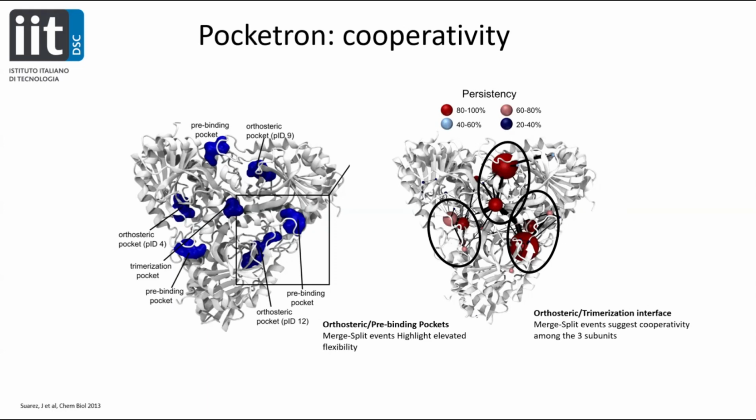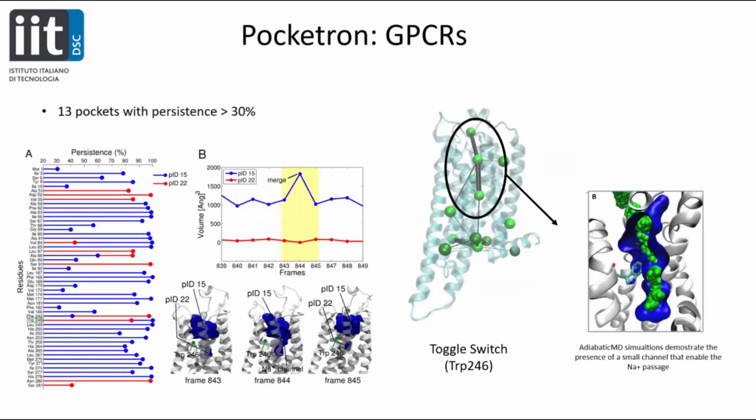Here, we did plain molecular dynamics, but you can do more than plain molecular dynamics. You can use enhanced sampling to try to accelerate events and see what happens. For instance, here you have an example applied to A2A. Here we were able to see this kind of merge event of pockets. You have two pockets which are distinct at this stage, then in another frame they come together, then you have a peak of the volume, and then they split again.